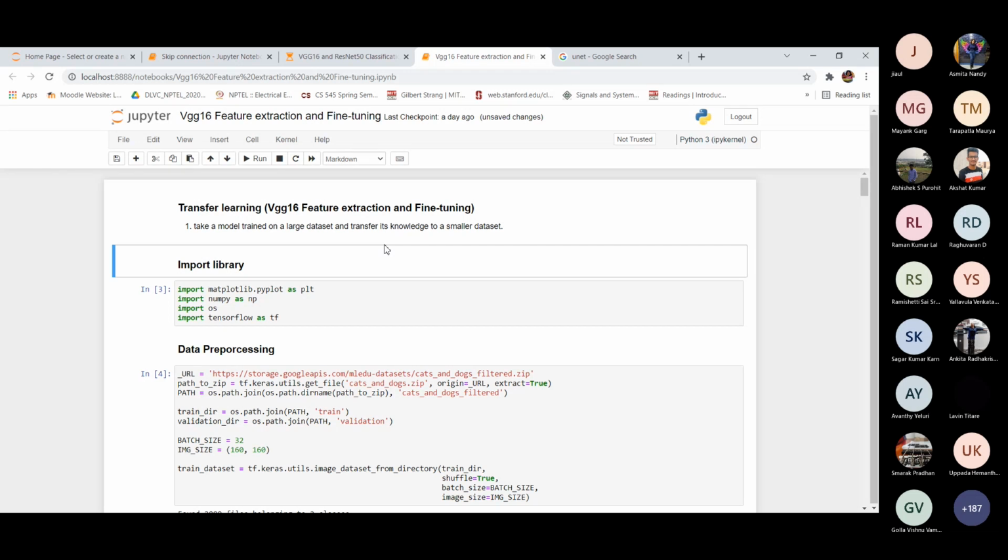In transfer learning, we can either use the pre-trained model as it is, or customize our model for a given task.